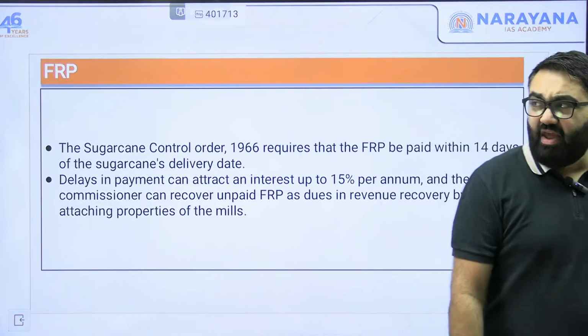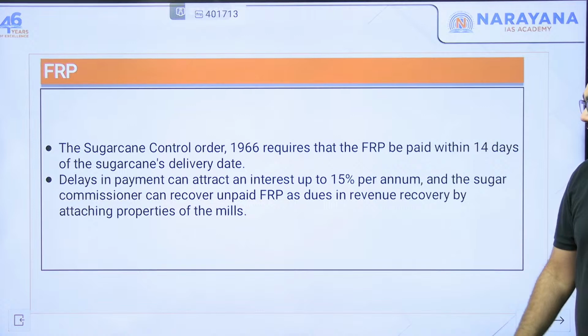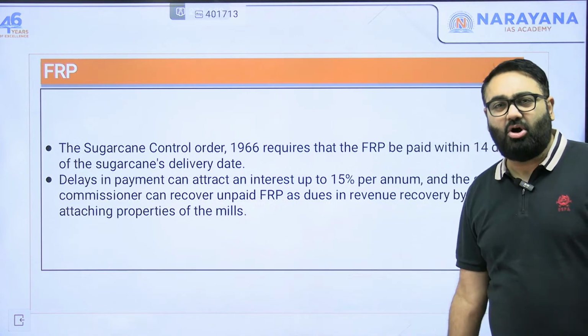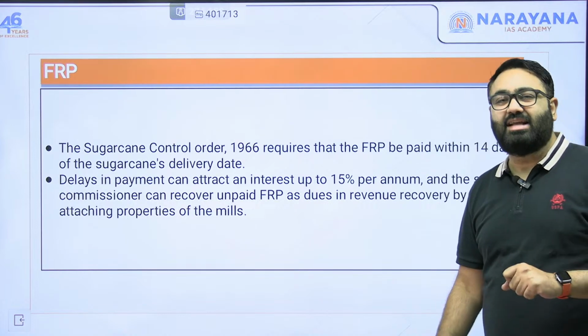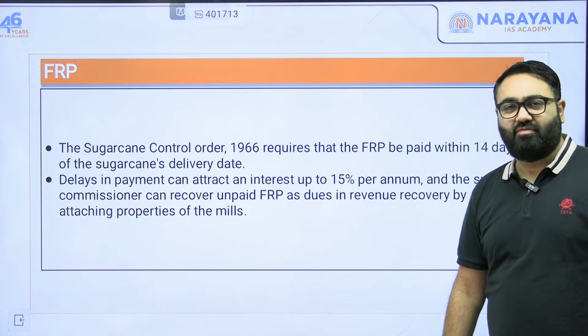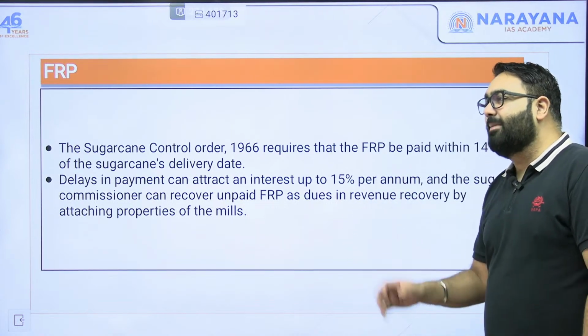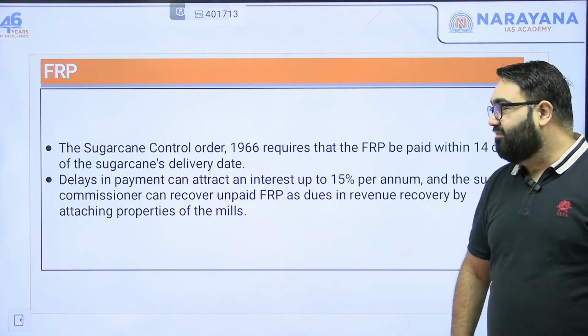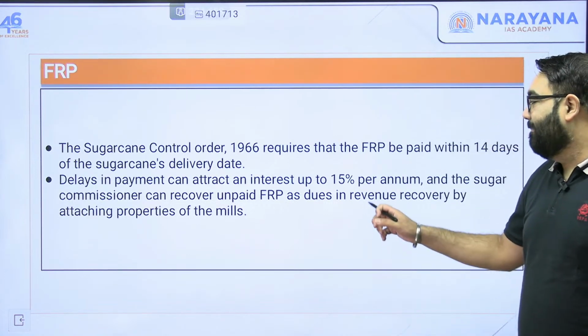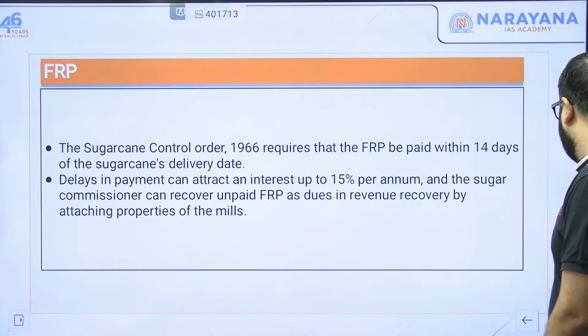Now, the fair and remunerative price, that is the FRP as we are saying, has been problematic because many of the farmers say that they are not getting the money from the sugar mills in the correct amount of time. Means there's a lot of delay in the payment. We have seen, in fact, that delays in payment now can attract a penalty of interest up to 15% per